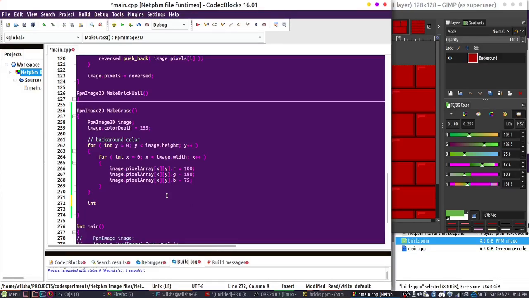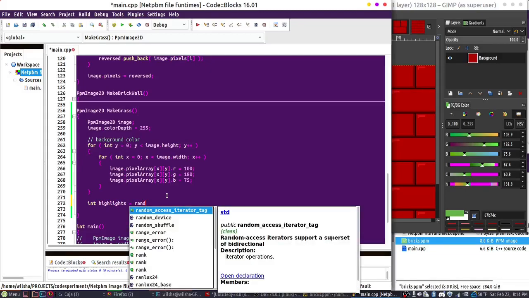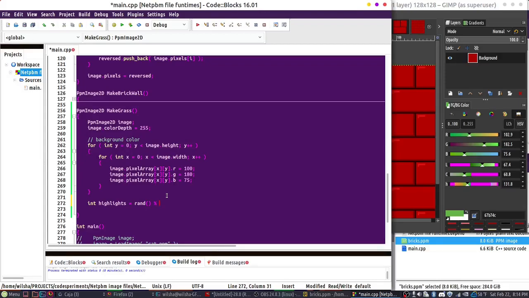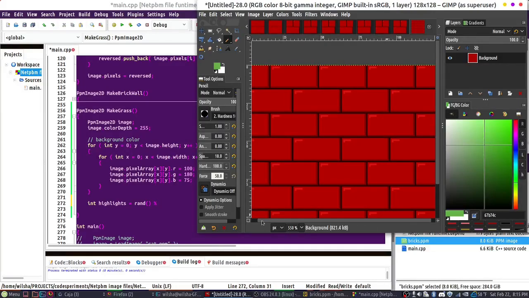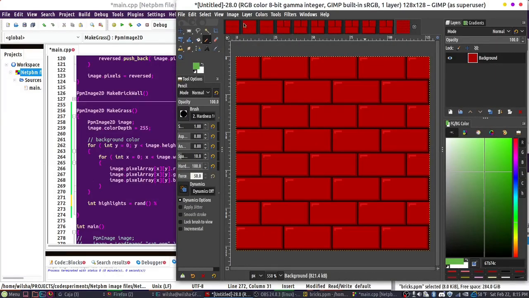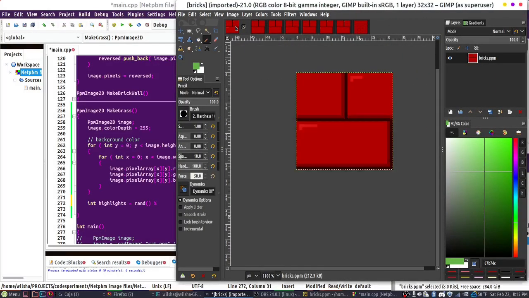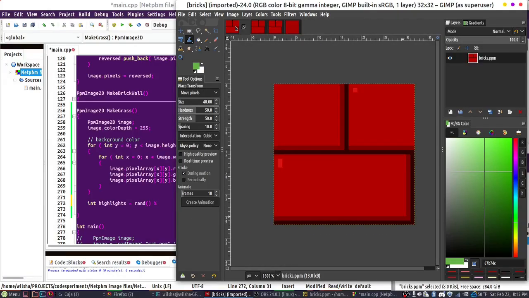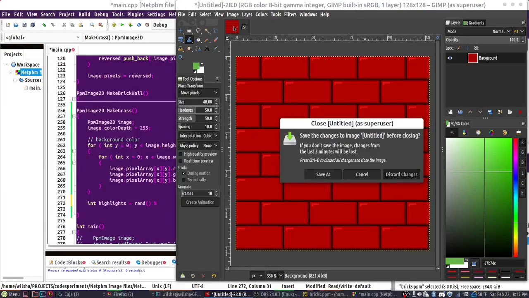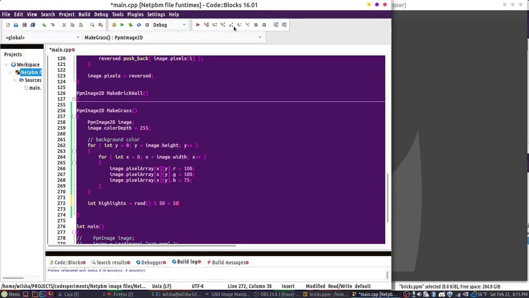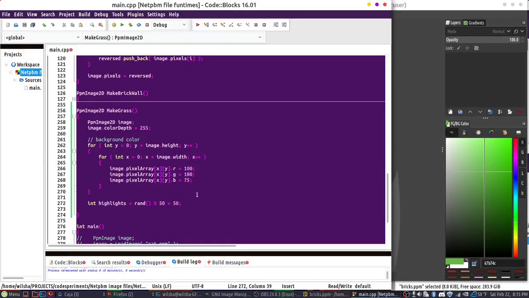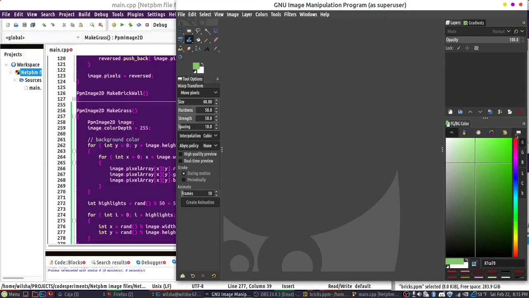And let's say highlights is going to be some sort of random number between, I mean, we definitely want some. I don't know how much is too much highlights for a grass, but let's say we have a range of maybe 50, so 100 to 150 maybe, and then we just generate a random X and Y position. And so we'll take something a little bit lighter for that,